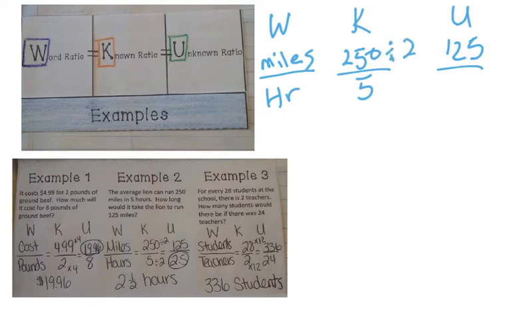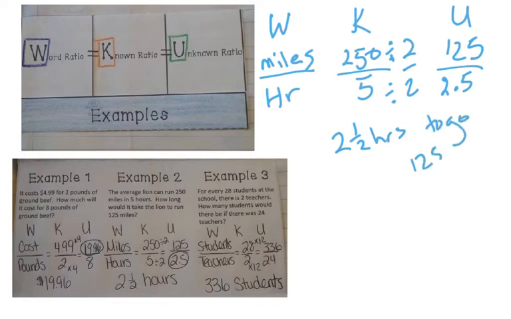And if I divide my numerator by 2, I have to divide my denominator by 2. Okay? And 5 divided by 2 is 2.5. So you would say 2.5 hours to go 125 miles. Okay? I hope that makes sense. And then lastly,